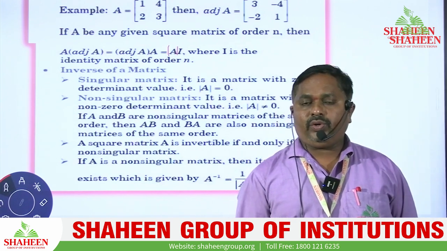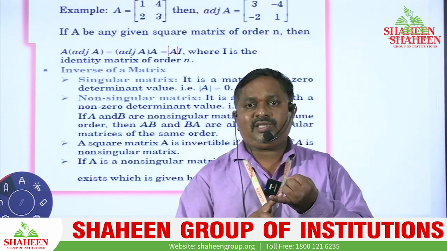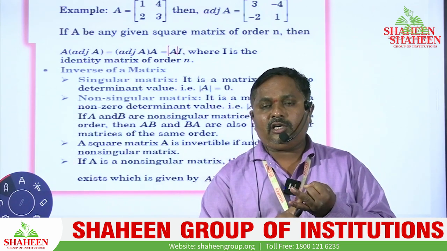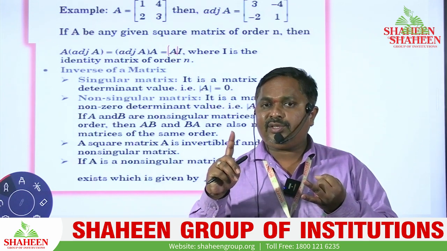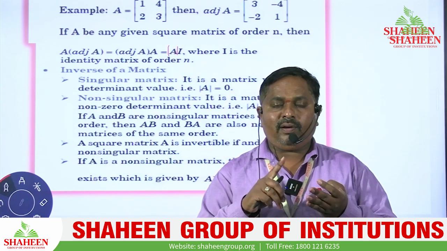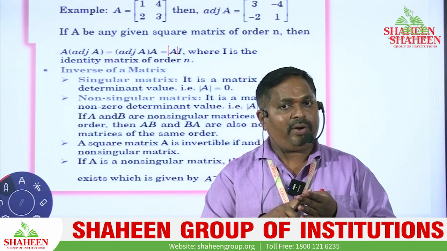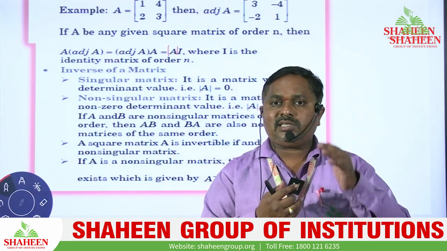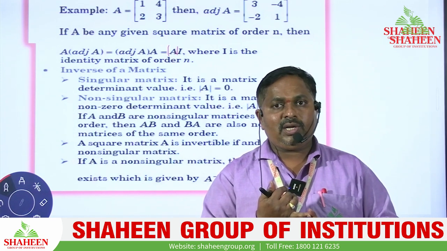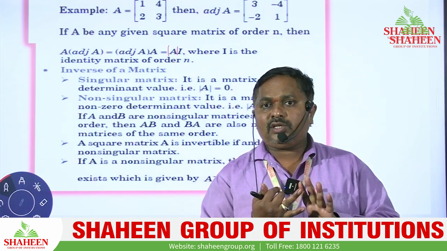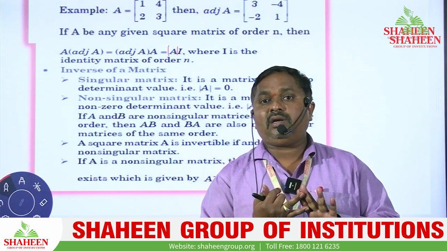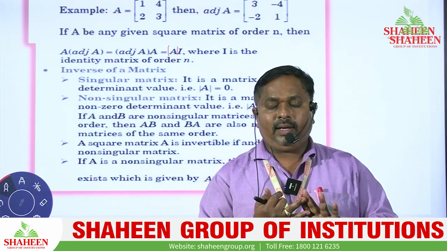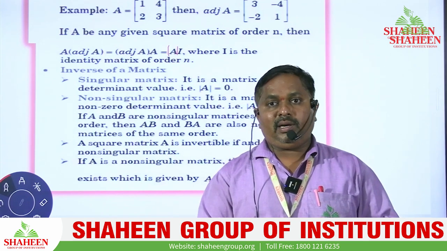So today we have understood what is determinant, how to find the determinant of 2 into 2 order matrix and 3 into 3 order matrix. We have discussed what is minor and how to find it, and what is cofactor and how to find it. We have discussed some properties of determinants, and today we understood how to find the adjoint of a matrix of order 2 into 2, and what the adjoint of a matrix is.